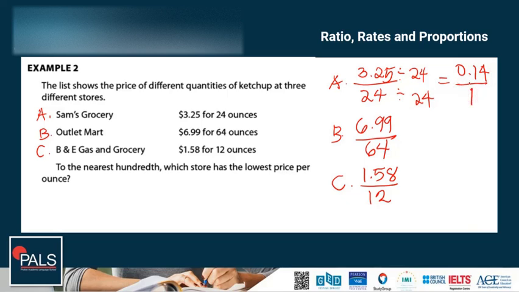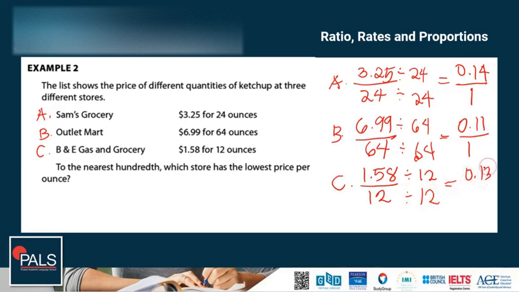Letter B, divided by 64, is equal to 0.11 over 1. Letter C, divided by 12, the answer is